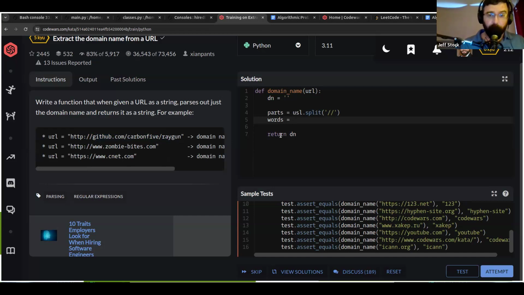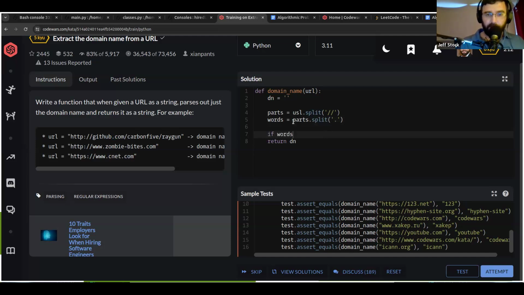Again, we're going to ignore the first parts. We're going to take the first index, sorry, index 1, second index of that parts list that we know we got. We're going to split it on the period that we talked about. So that should be the second split that we needed that separates out the github.com and the www.com. And now that we've done that, we have those pieces, we can do some simple logic. So if